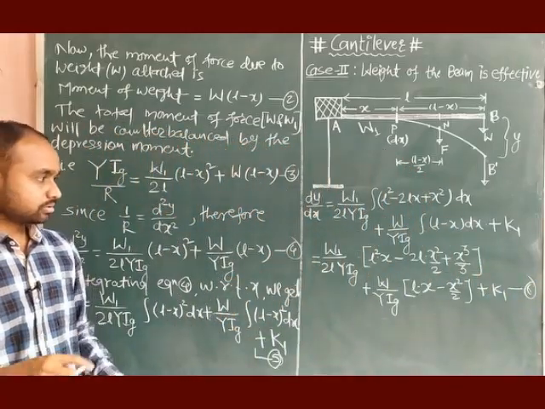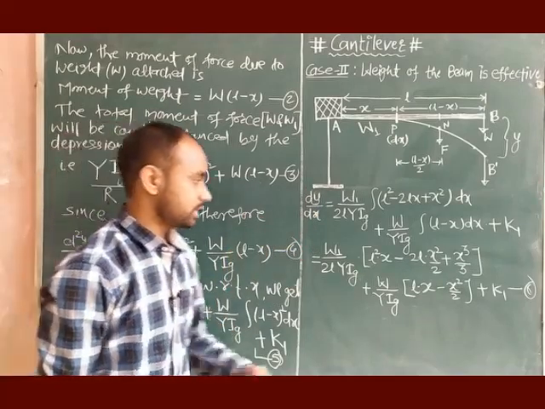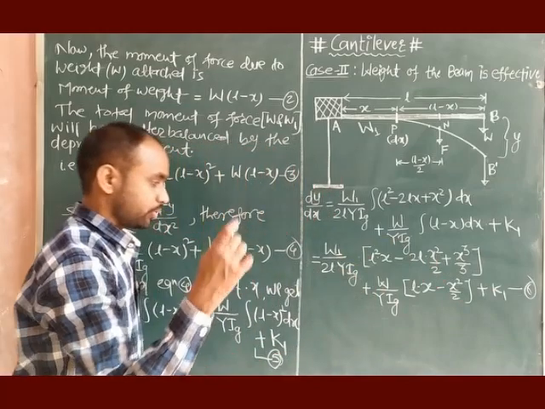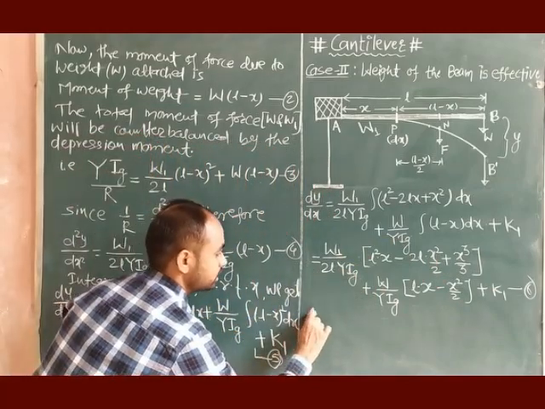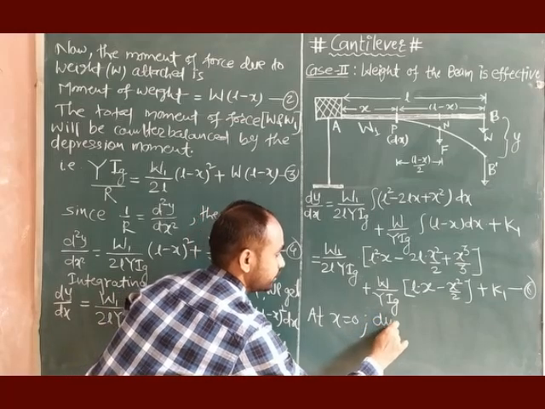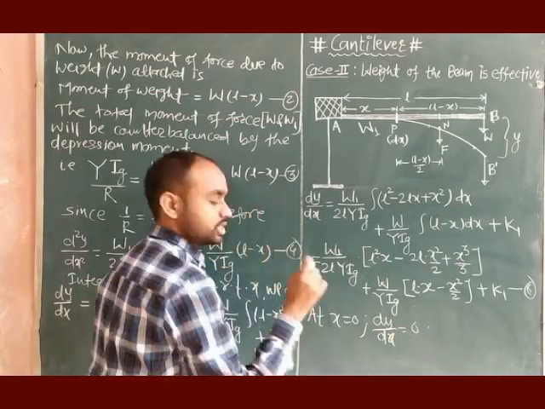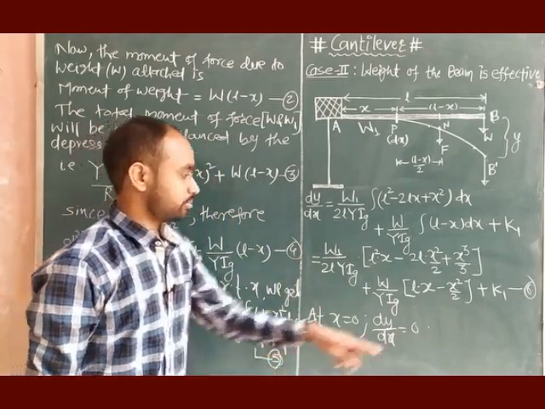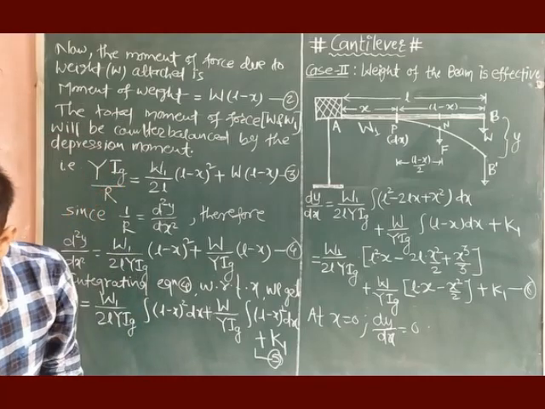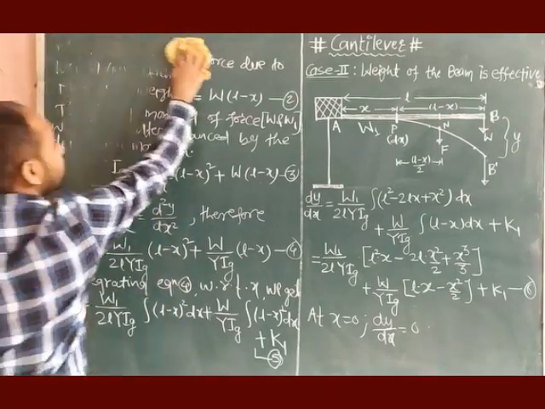Okay, so on the left hand side we have dy by dx. So obviously let us first of all find the value of k1. To get the value of k1 we have to use the boundary condition. And what is the boundary condition? At x is equal to 0, we know the first derivative of depression, that is dy by dx, is also 0. So we have to use this boundary condition in equation number 6 and get the value of k1, and then we will resubstitute in that particular equation. So let me rub this portion and we will write here.